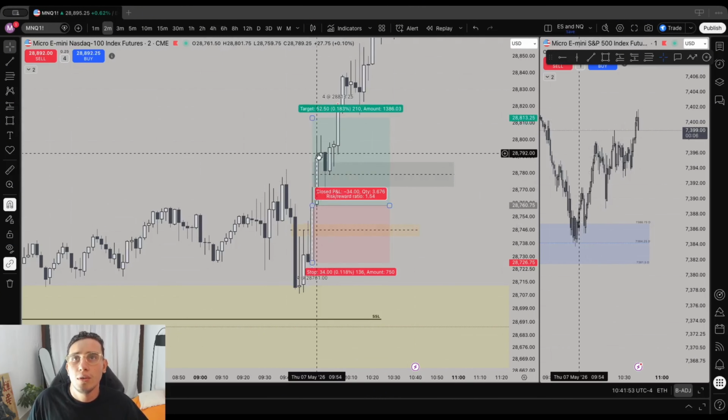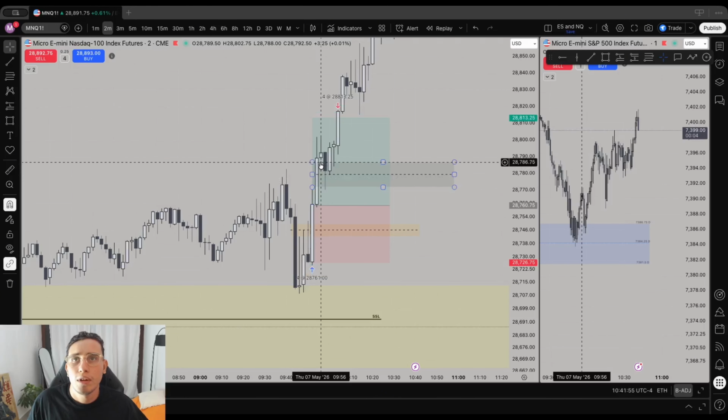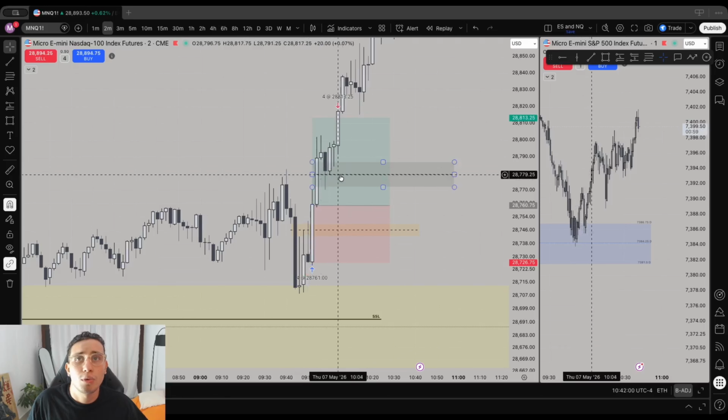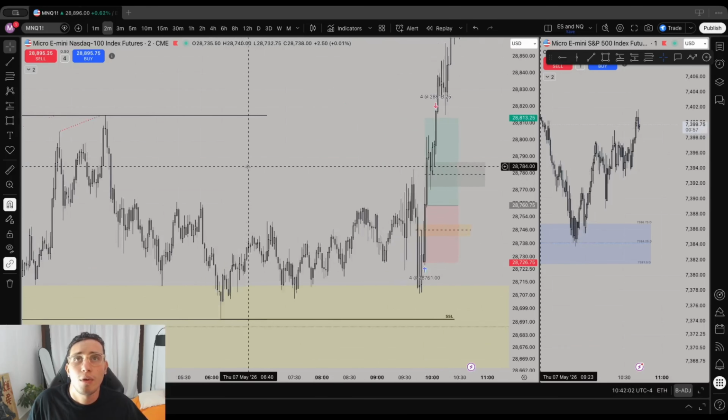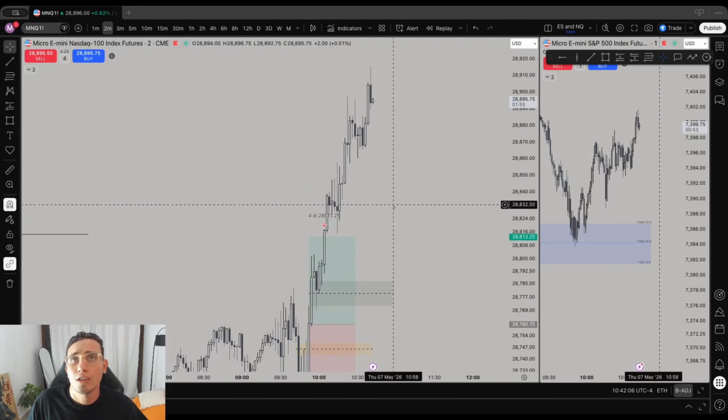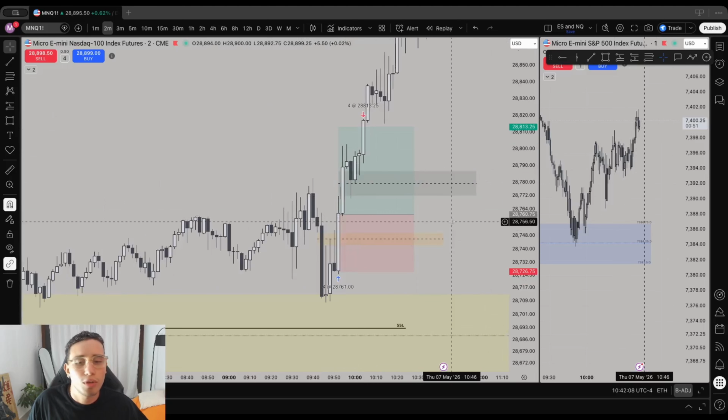You can see here we reacted to a 2-minute fair value gap and reacted in a very bullish way as we closed above the consequent encroachment of the move, which is very bullish. And yeah, I could have waited and held longer, but simplicity over complexing things, right? Always look for simple trades that guarantee you money.